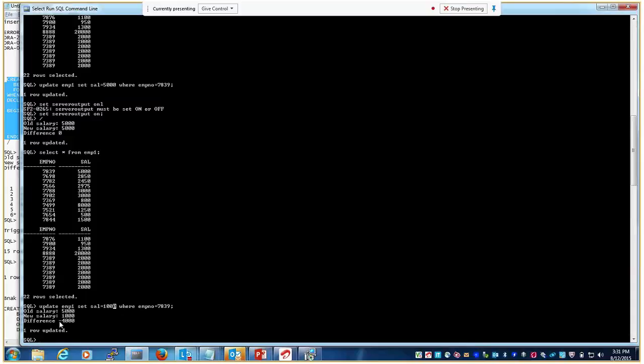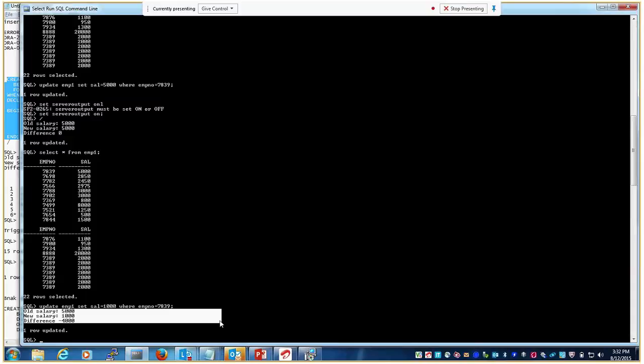That's why we got a difference of minus 4000 rupees. Everything we got in the output from the trigger: old salary information, new salary information, and the salary difference.